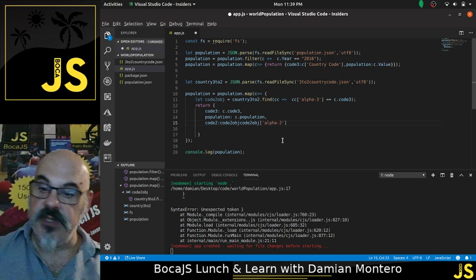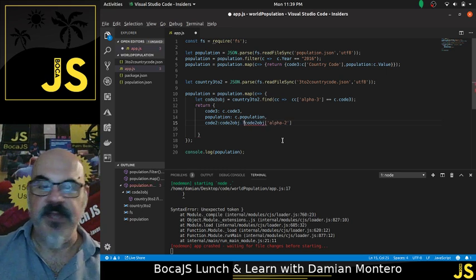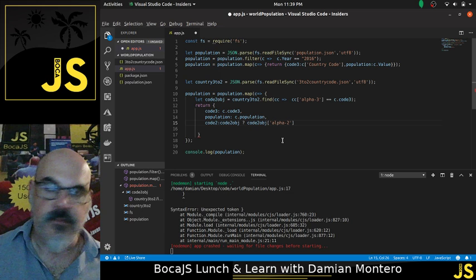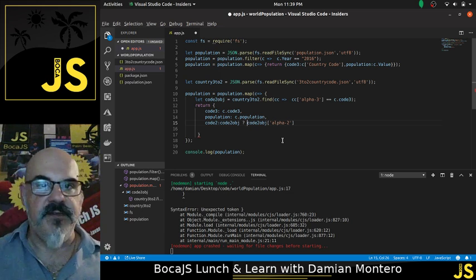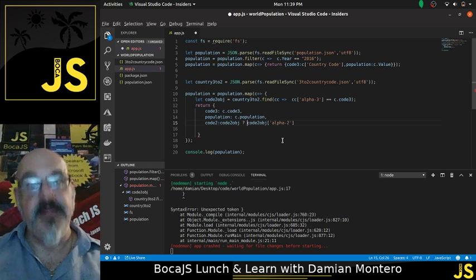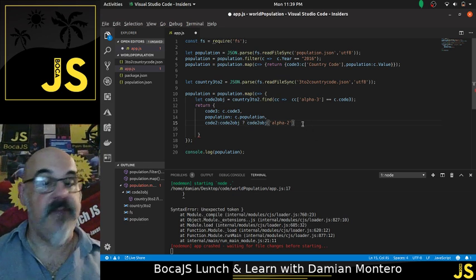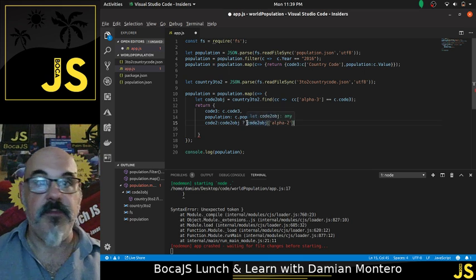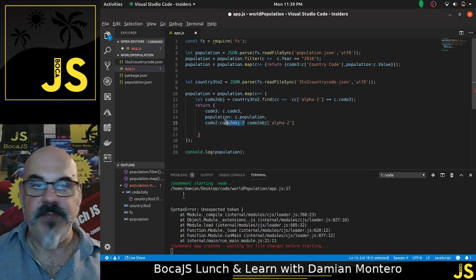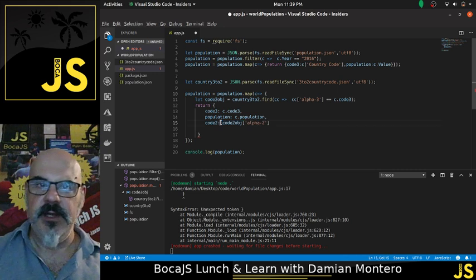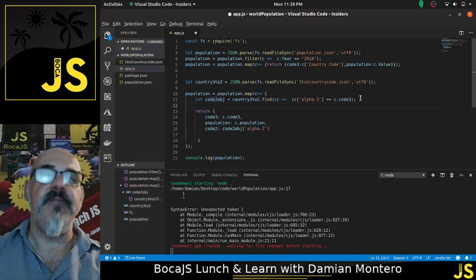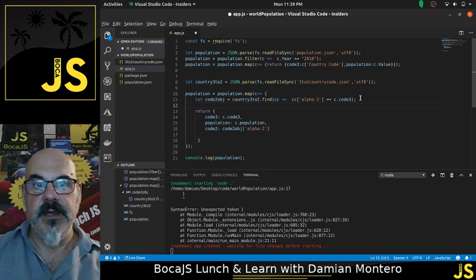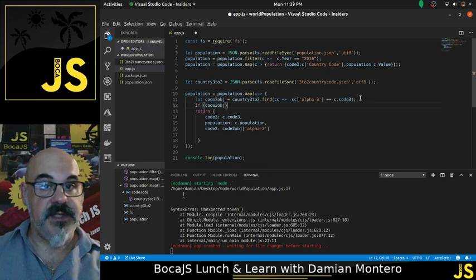So we can do a ternary and say if the object exists. That's in JavaScript, all we have to do is say the object; we don't have to check if it's null or undefined. We just simply put the object, then we return this. In fact, that would be fine, but that would mean that we would leave some blank. We're going to do something a little bit better than that. We're going to say, you know what? Check if the whole object is there before you even return something. So if the object exists, then